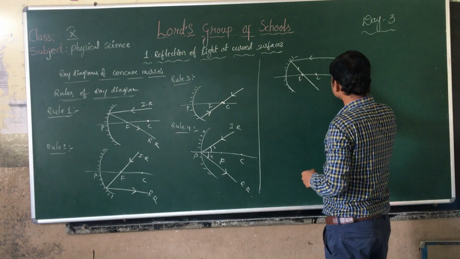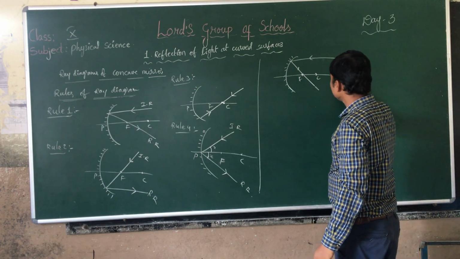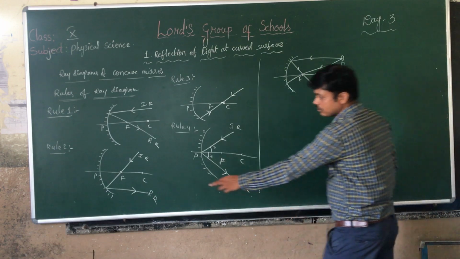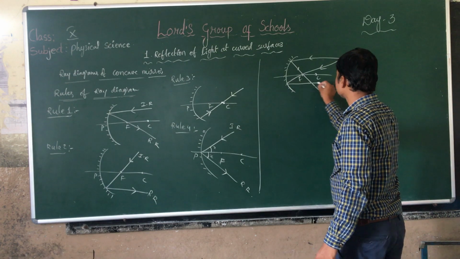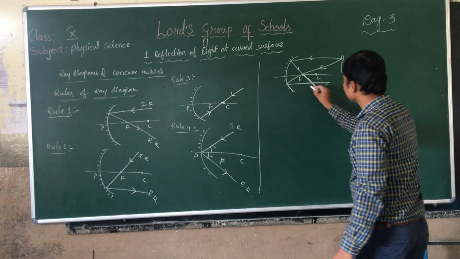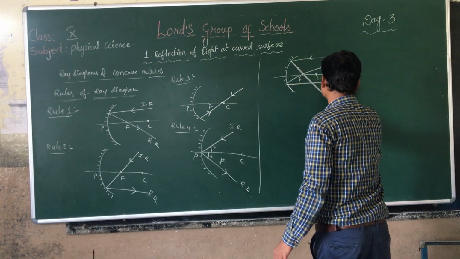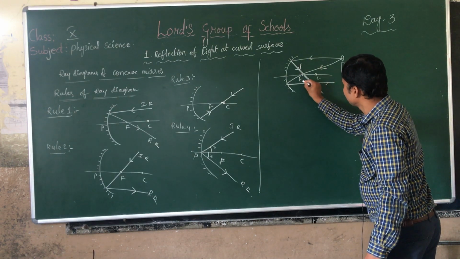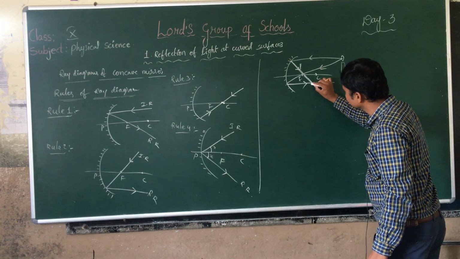That's the reason I am taking one more light ray which is coming from the object here. See, again it is passing through the focus. Passing through focus means the second rule, reflected ray parallel to the principal axis. Now it is parallel to the principal axis. Now these are the 2 rays which are reflected back. See, clearly you can see here, this ray and this ray. These 2 rays are reflected rays. And these 2 reflected rays are meeting at one point, no?